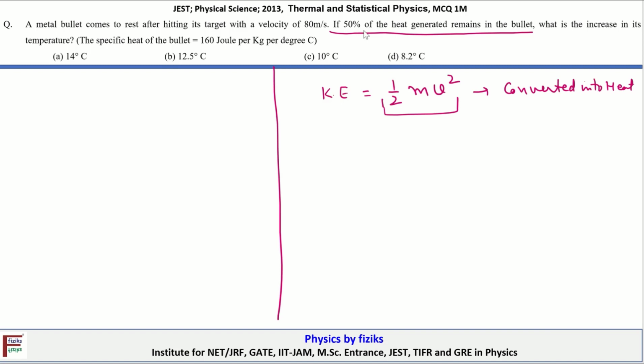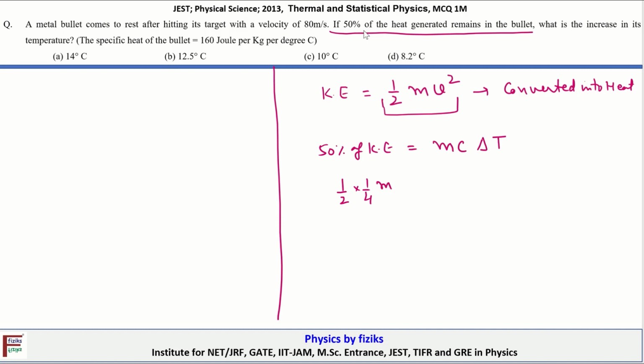Okay, so that means 50% of the kinetic energy is converted into the heat which is associated with the bullet. Okay, so let's say the corresponding change in temperature of the bullet is delta T. The remaining 50% energy will be associated with the object into which the bullet has entered. Okay, so that means it's 1 by 2 of the kinetic energy, into 1 by 2 m v squared,